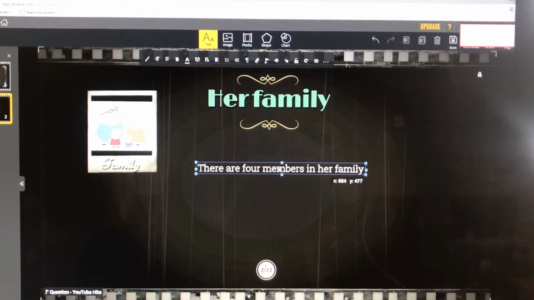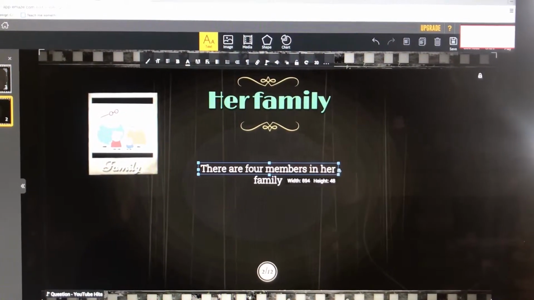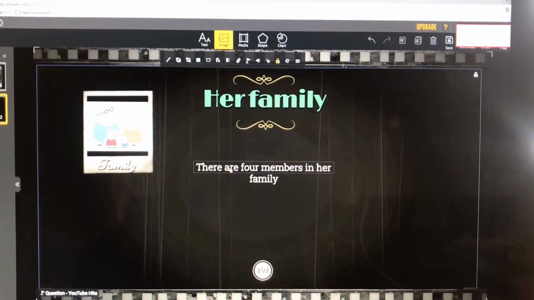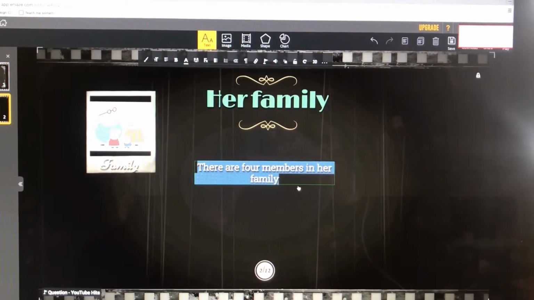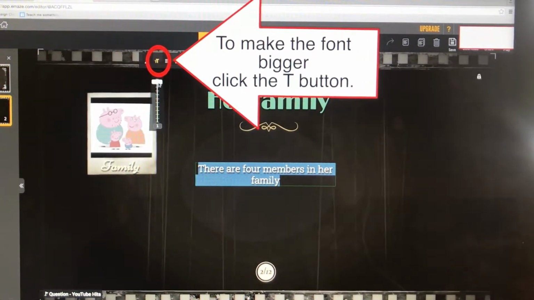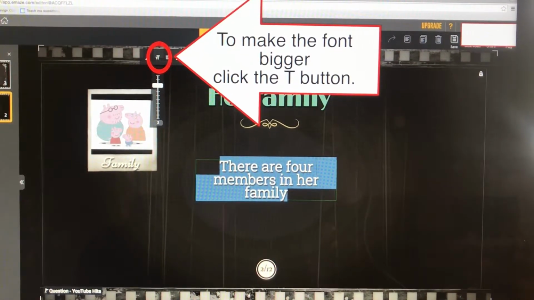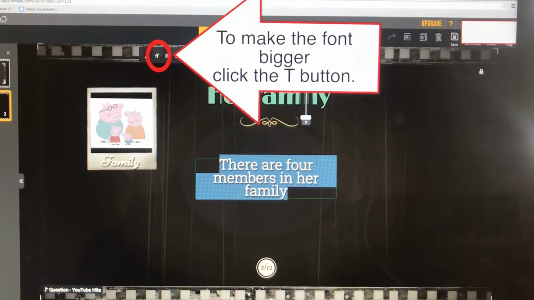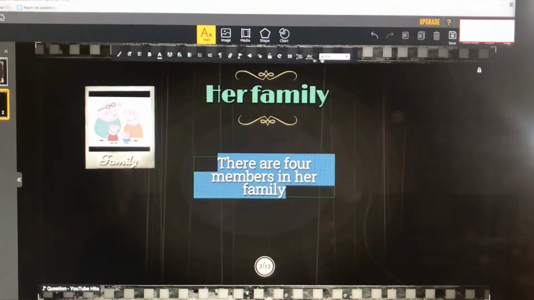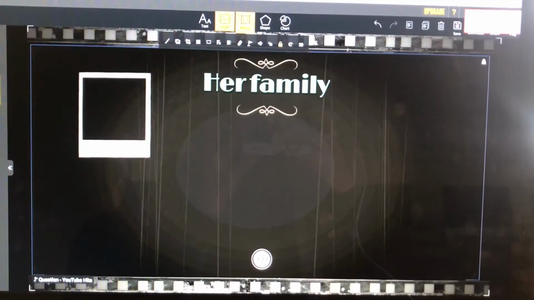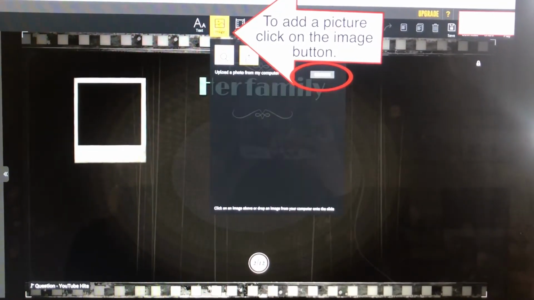Adding text into eMaze is pretty easy. You just have to click onto the placeholder text and apply your own content. You can also change the font size by dragging the text button up and down to make it bigger or smaller. You can easily replace the placeholder image by clicking on the Replace Image icon, then selecting your own image